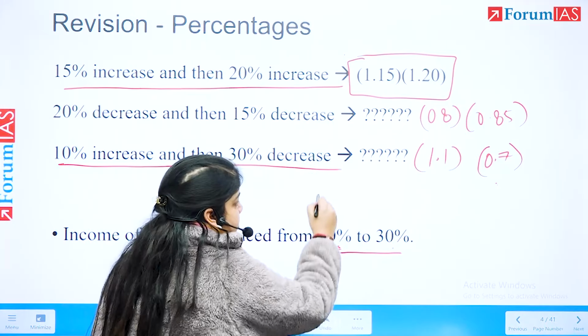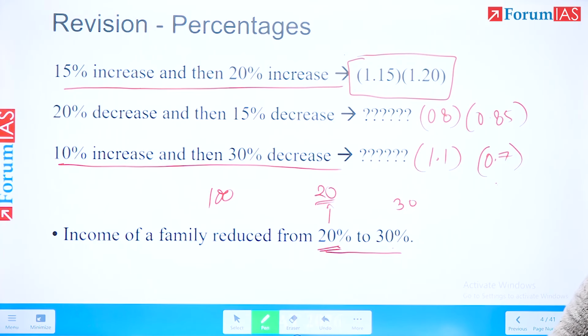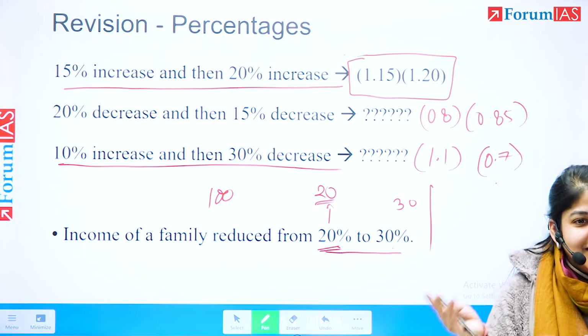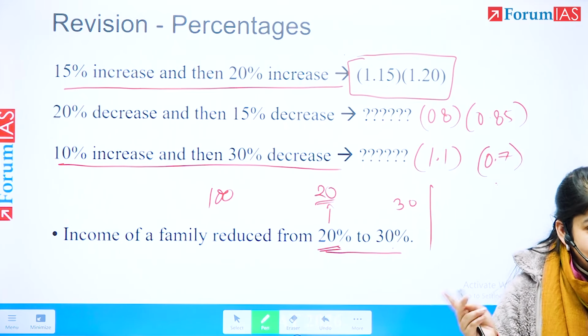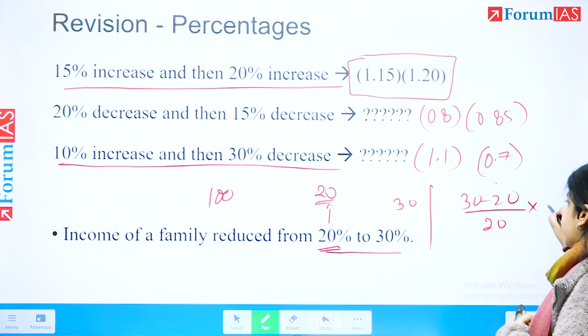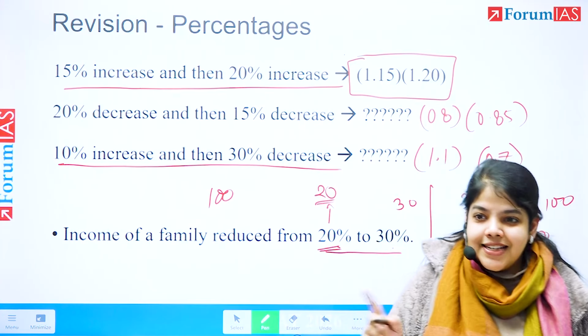20 is becoming 30. So my point change will be different versus my percentage increase. तो वो 20 rupees थी, 20 rupees because 100 का 20%, which became 30 rupees, 100 का 30%. The base is different. What is the percentage increase? 20 से 30 हुई है. So 30 minus 20 by 20, right? 30 minus 20 divided by original. Originally it was 20. Now this is the percentage increase, which is equal to 10 into 100 by 20, which is 50%. So it did not increase by 10%.